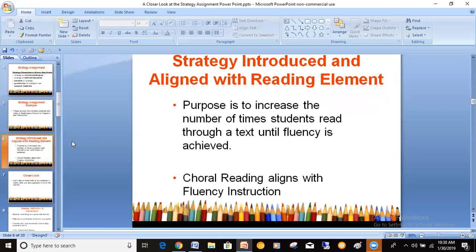The first required component is that the strategy is introduced and aligned with a reading element. For choral reading, the purpose is to increase the number